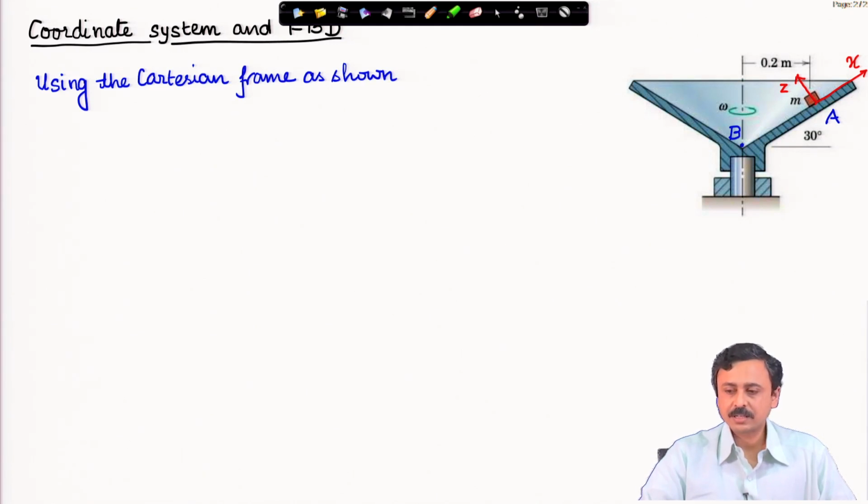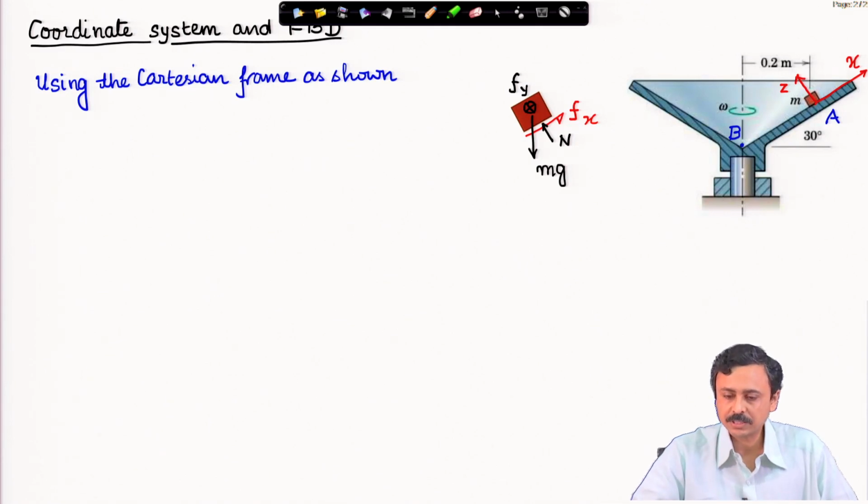Once we have this coordinate system fixed, then we draw the free body diagram. This is the small block whose free body diagram we have to draw. The first thing that you notice is the weight which is acting vertically downwards. Then there is this normal reaction from the inclined surface, the surface of the dish, which is acting perpendicular to the surface,